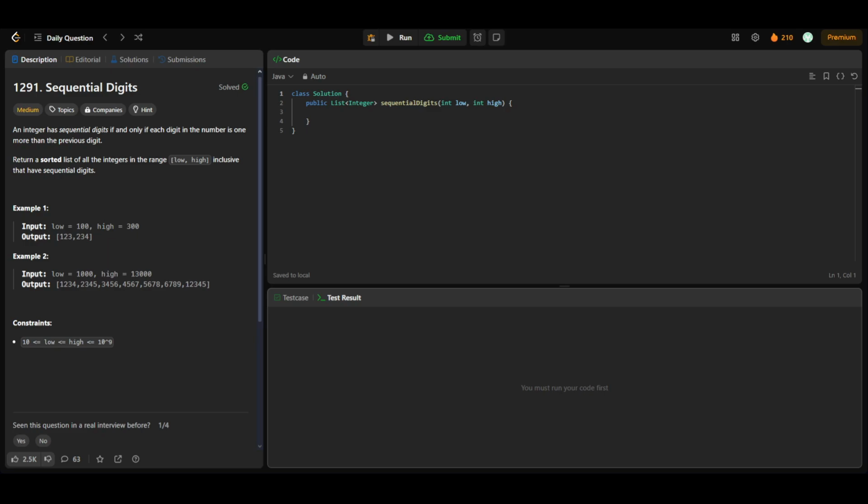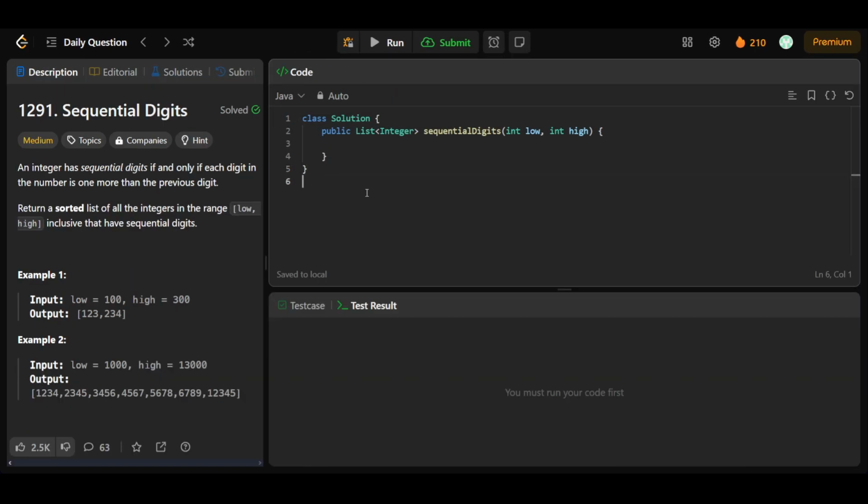Hello people, today we'll be solving LeetCode daily question 1291, that is sequential digits. An integer has sequential digits if and only if each digit in the number is one more than the previous digit. For example, let me just comment, 1 2, 1 2 3